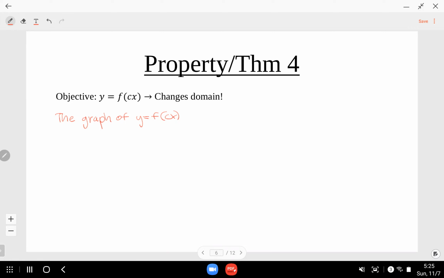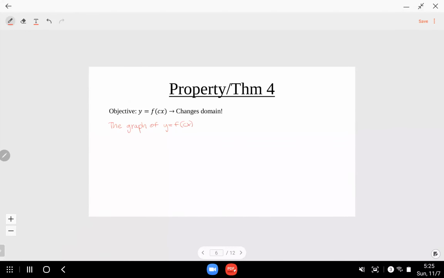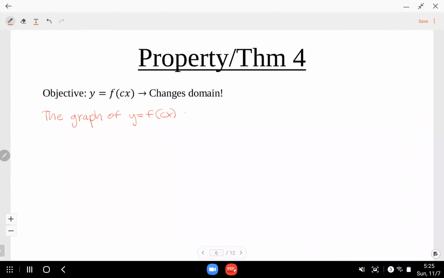We're going to use these to change the properties of functions. So the graph of y equals f of cx can be obtained